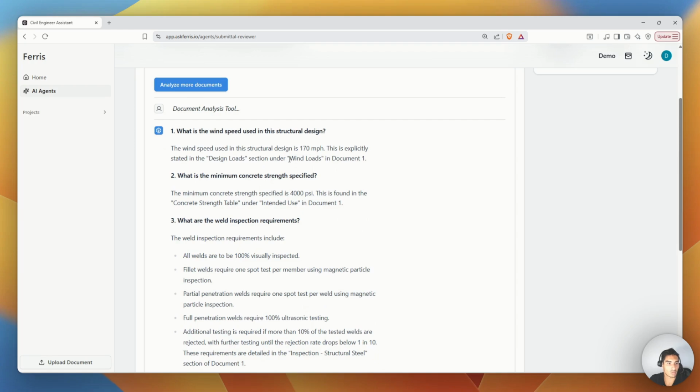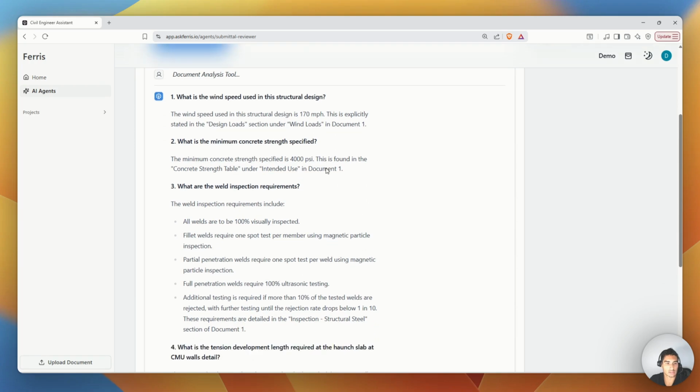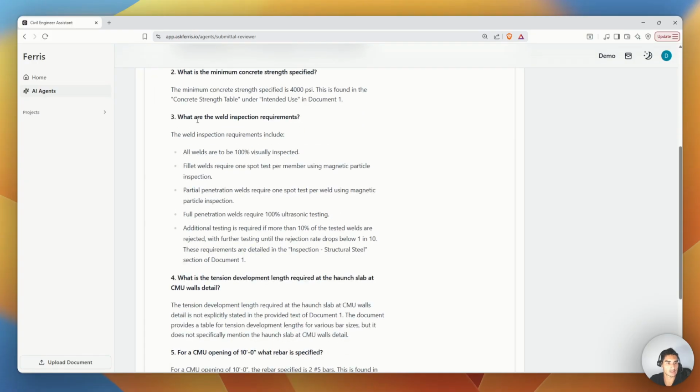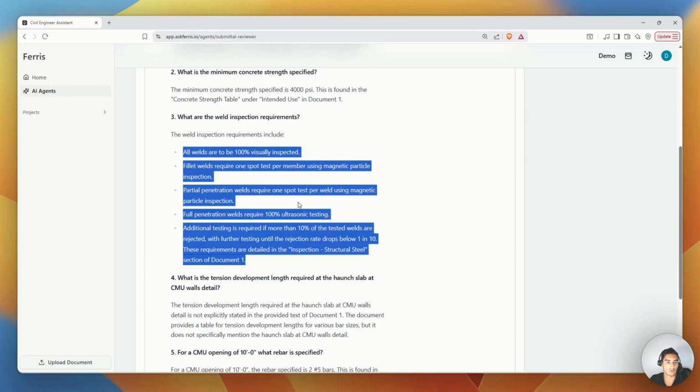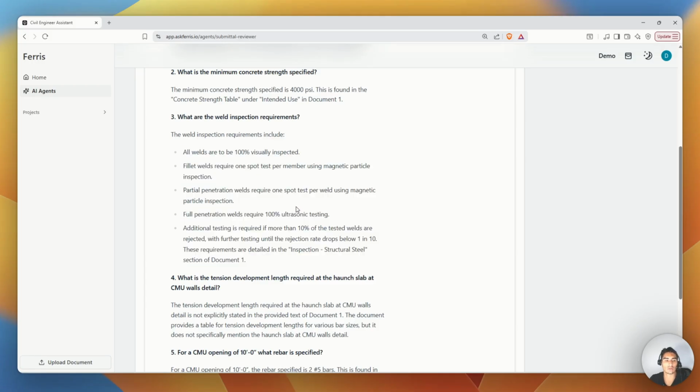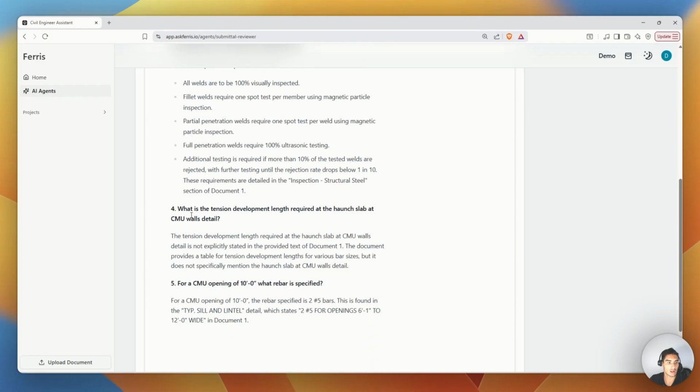So here, question 1, we're asking for the wind speed. It's telling us 170 miles per hour, which is correct. For the second one, the minimum concrete strength is 4,000, which is correct. The welding inspection requirements, it goes through the general notes and summarizes for us what is spec'd out in those welding inspection requirements. For number 4,